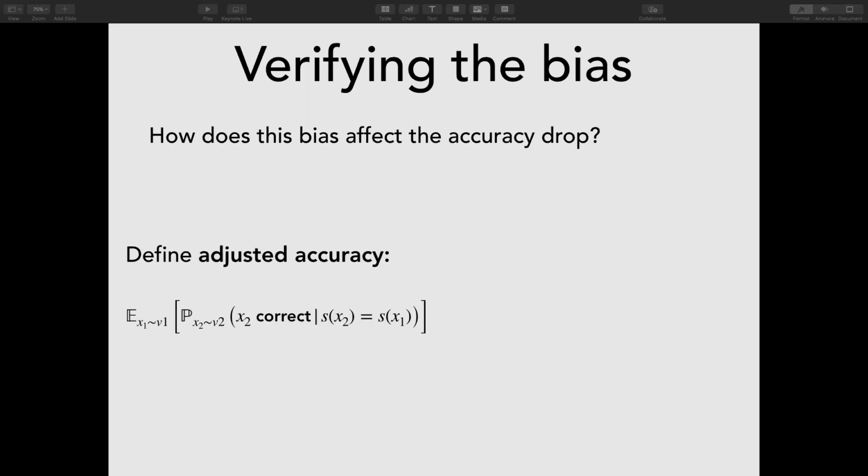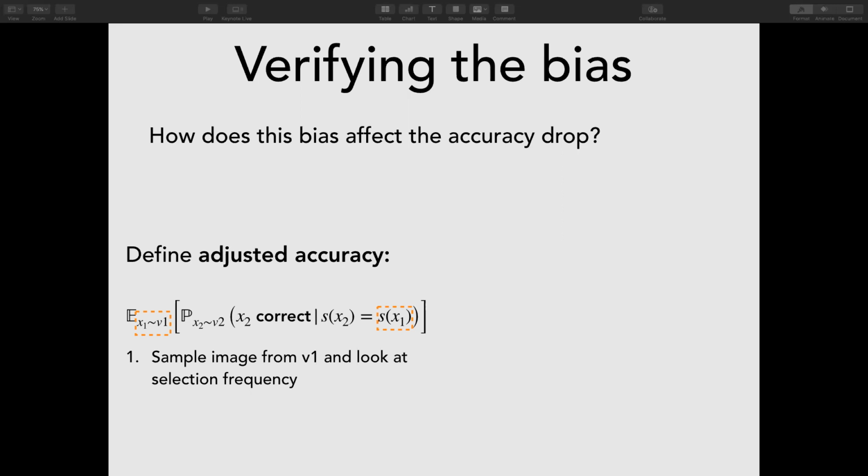Okay, so to do this, we're going to define a metric called adjusted accuracy. This adjusted accuracy metric is really simple. The first step to measuring this is to sample a random image from ImageNet-v1. So this is a random image from the original ImageNet test set. Given this random image, we're then going to look at all of the